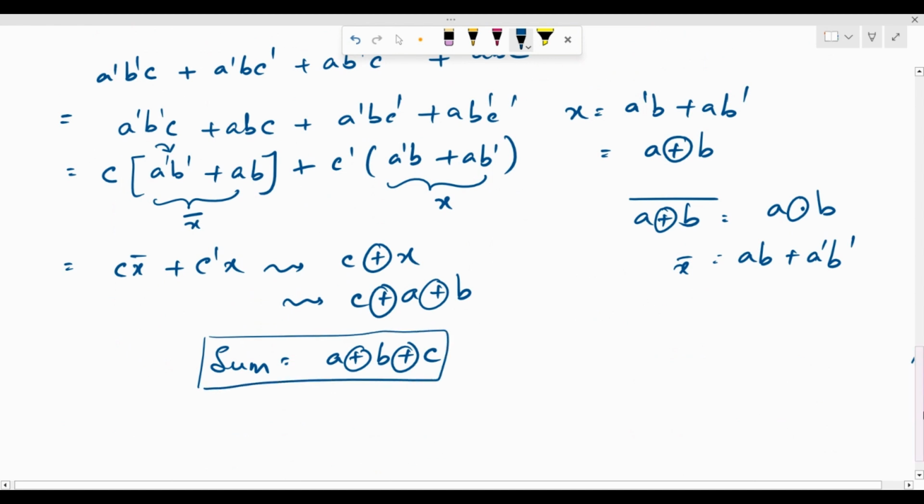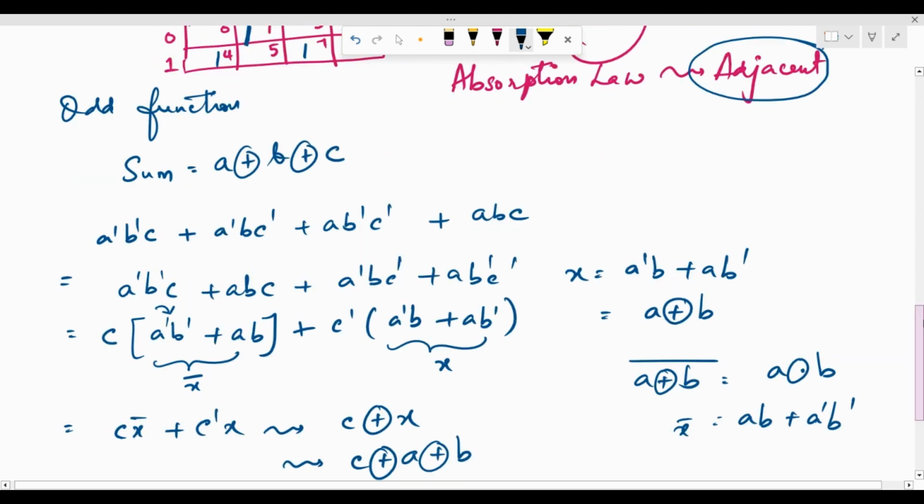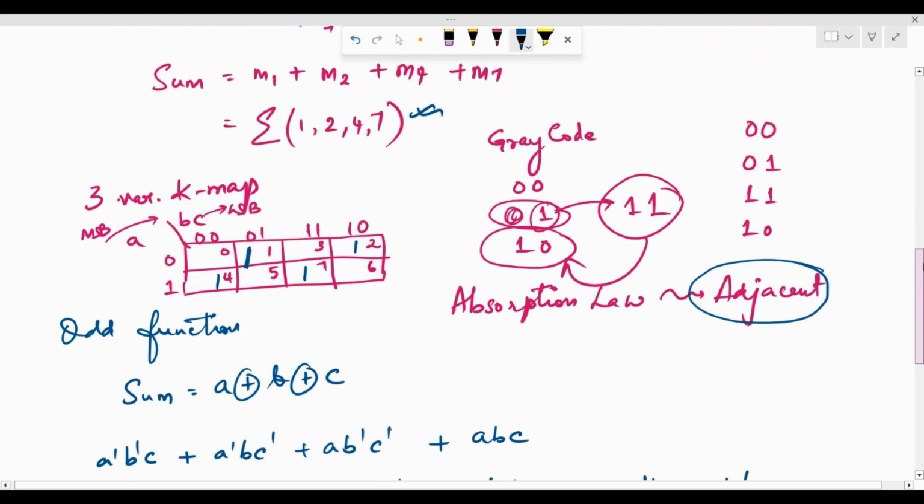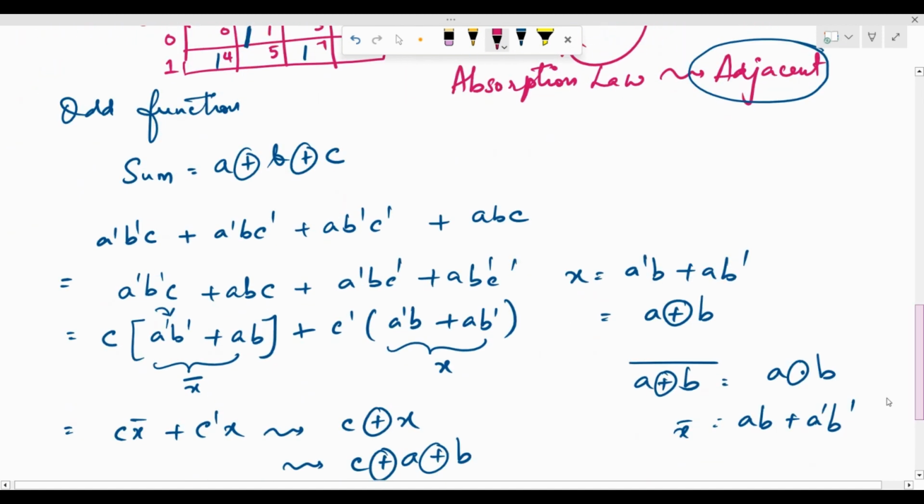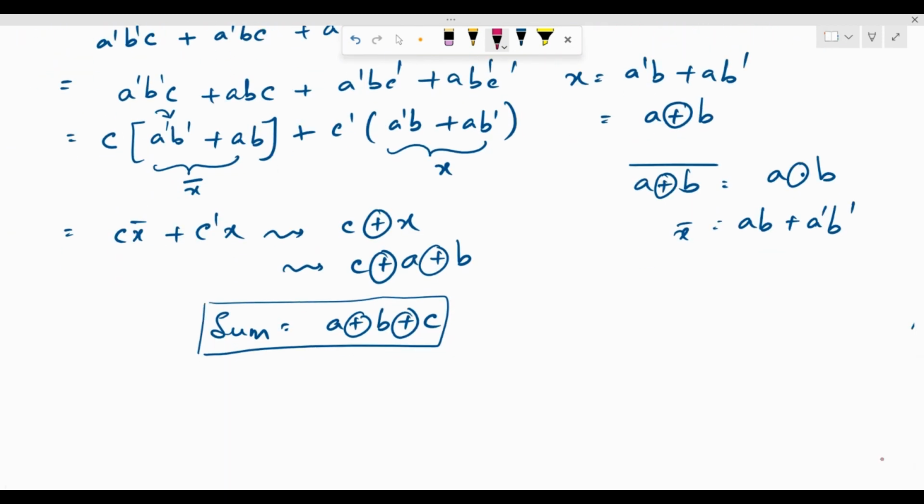Let's go on to see how we can find the expression for the carry. So I look at the truth table again and see what minterms are involved for the carry. That is going to be M3, M5, M6, and M7. For these minterms, the carry bits are true. So let me write the K map again. It's a three variable K map. So for the carry,